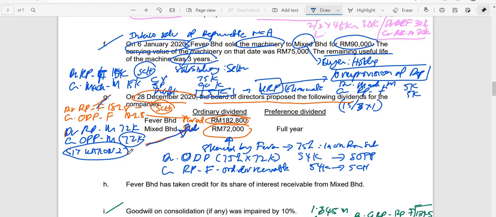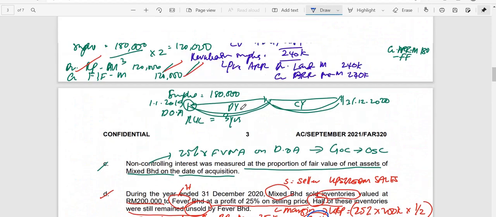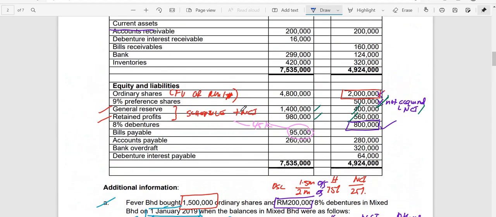We will be doing the last information here, which is H, which is the case that Fever has taken credit for its share of interest receivable. So this situation is situation 1, where, if you can recall, both the parent and subsidiary have recognized dividend or recognized interest. Here it is about interest. How do you know? You will check the SEP. So you can see here,